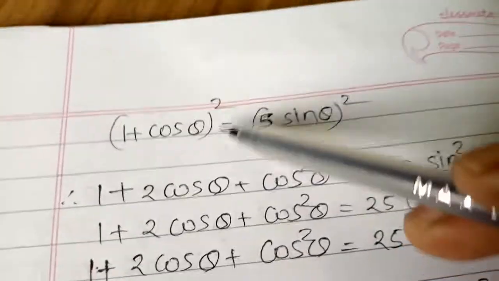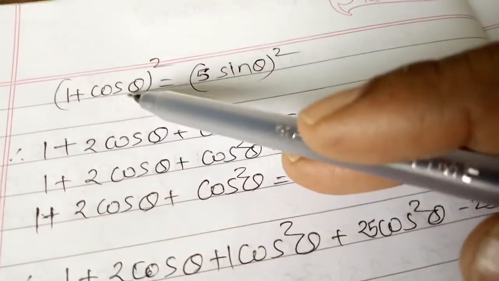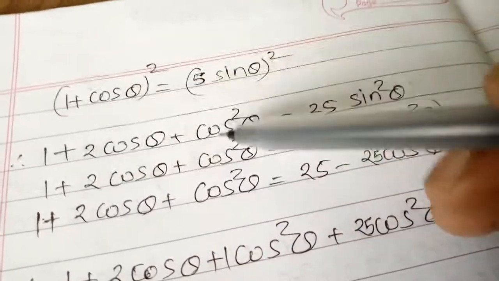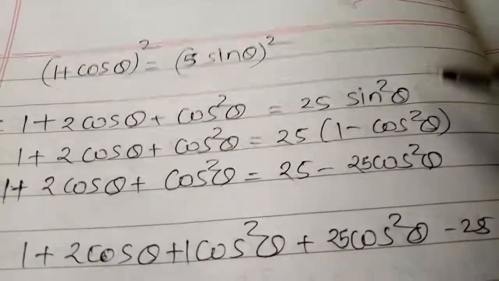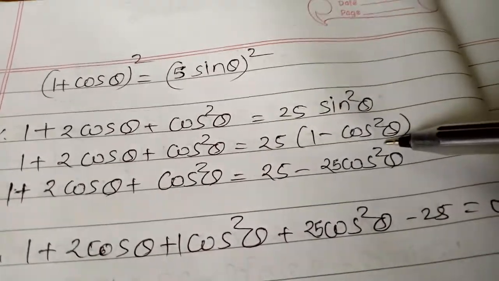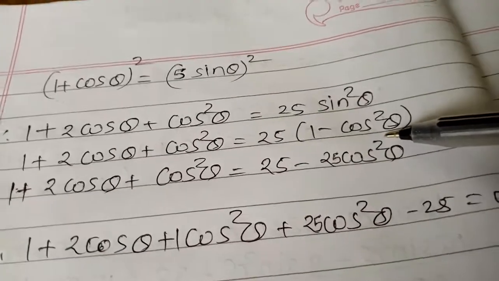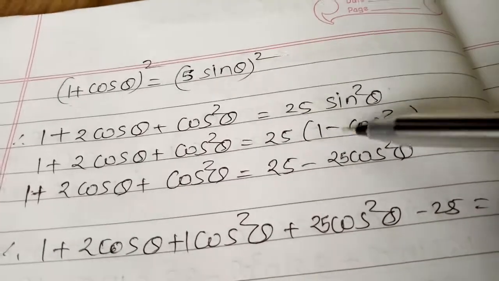And so squaring both sides, what we get? So 1 plus cos theta bracket square is equals to 5 sin theta bracket square. So यहाँ पे स्क्वायर करके हमें मिलेगा, दैट इज़ 1. The product of these two and double, that is 2 cos theta plus cos square theta is equals to, when we square this we get 25 sin square theta. So 1 plus 2 cos theta plus cos square theta is equals to, we put again here the value of sin square theta, that is 1 minus cos square theta. Since we know the identity, sin square theta plus cos square theta is equals to 1, so we find the value of sin square theta, that is 1 minus cos square theta.